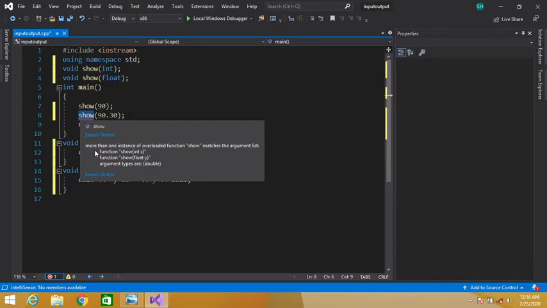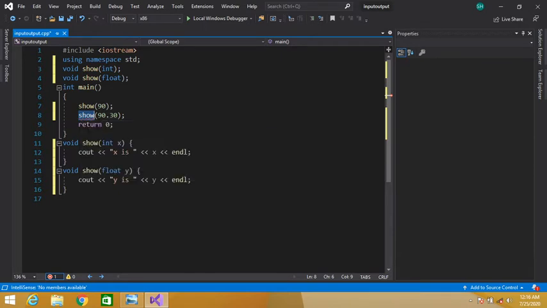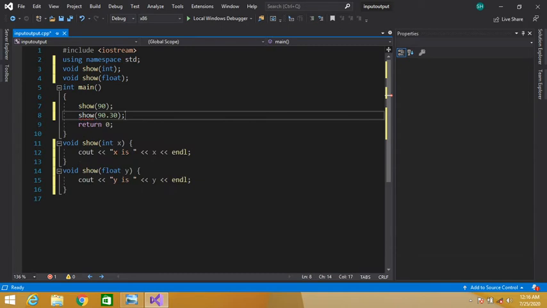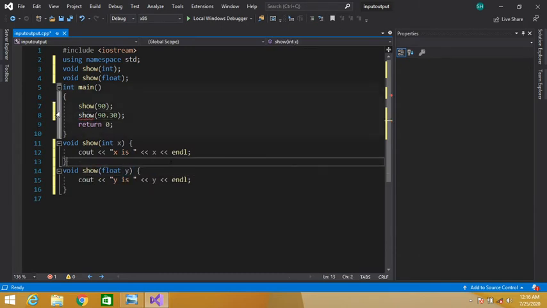The error says more than one instance of overloaded function show matches the argument list, and we have written float here. Okay, what's the problem here? Let's execute this program.